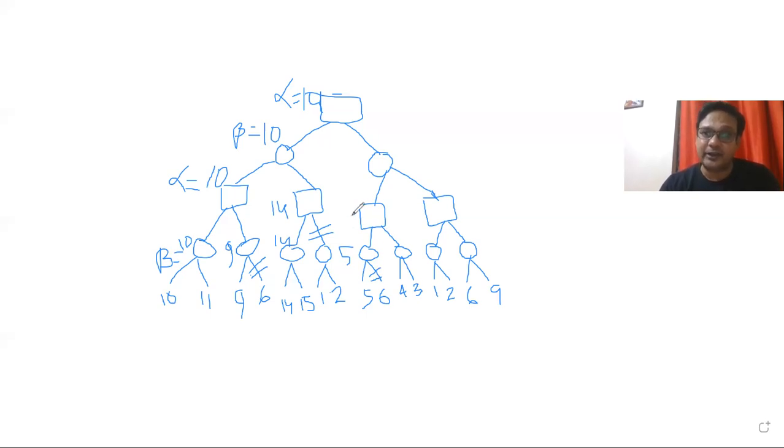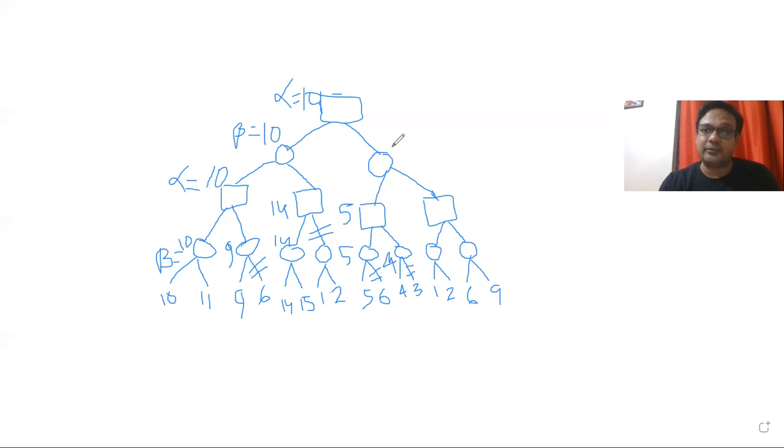Now its value will come here and alpha value will be 5 here. If I check here, if its value is greater than 5, that will be fine, but its value is 4 here. If it is 4, means beta value is 4, then if its value here is greater than 4, there will be no effect here. If it's less than 4, there will be no effect here. So this can also be discarded.